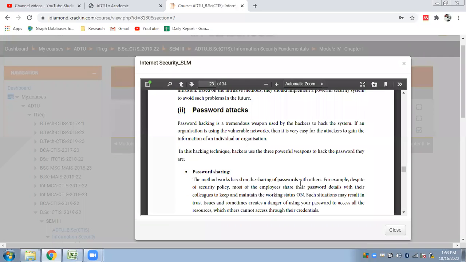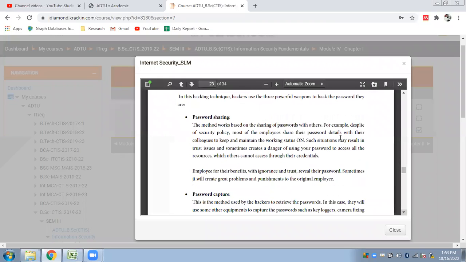Okay, so first, what are the different types of password attacks that we will learn. First is password sharing. Here the method works based on sharing of passwords with others. For example, despite security policy, most of the employees share their password details with their colleagues to maintain the working status.